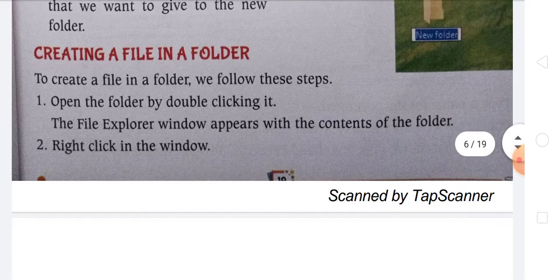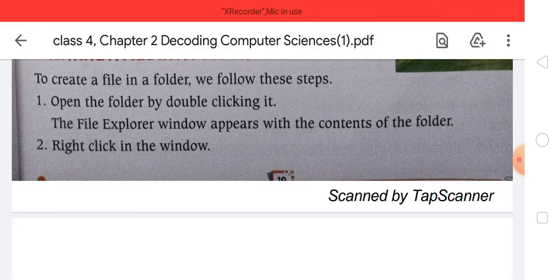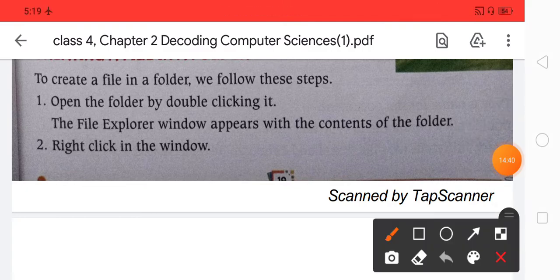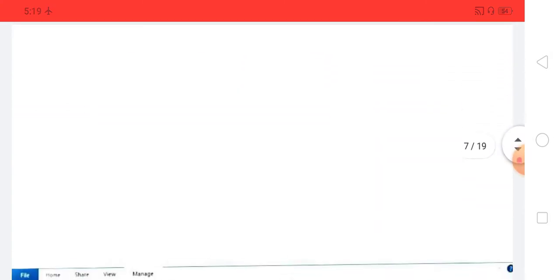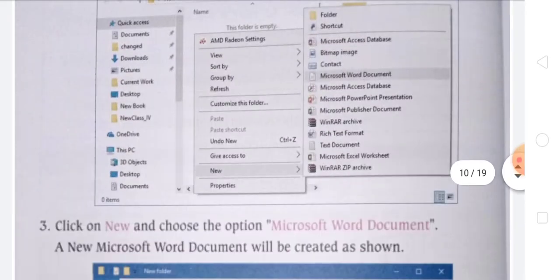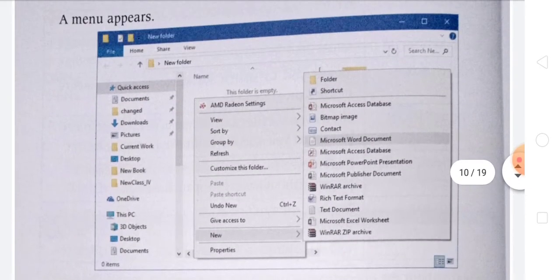So you have to open the folder by double clicking it, and the File Explorer window appears. After that, with the contents of the folder, just right click in the window, and you can see various options like this, a menu bar.